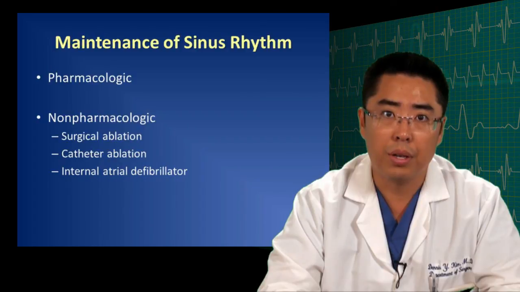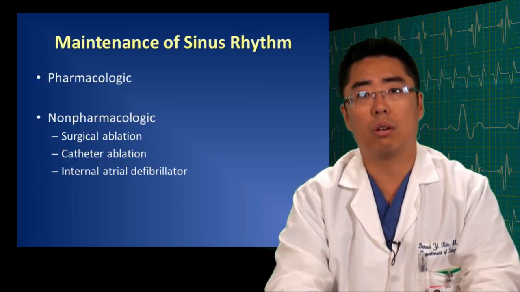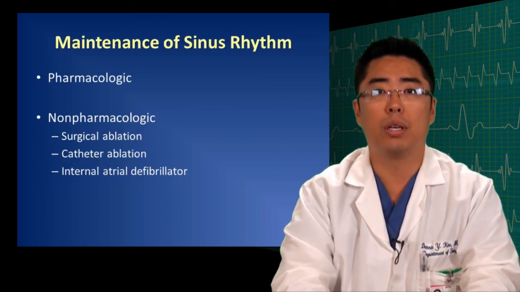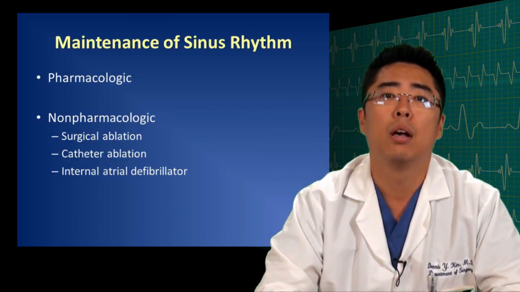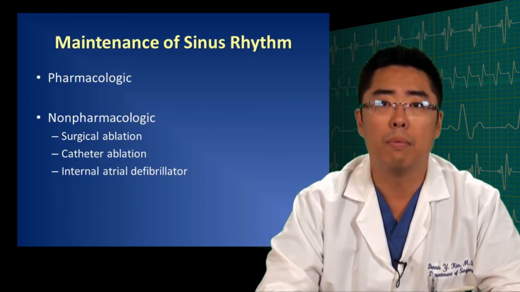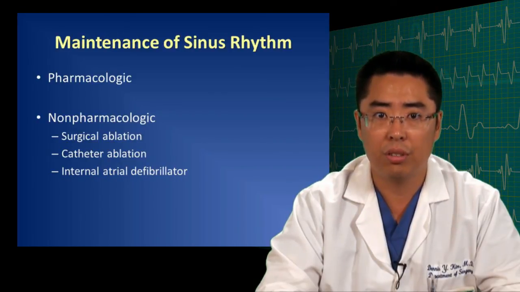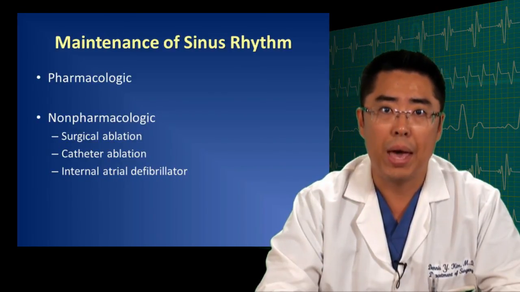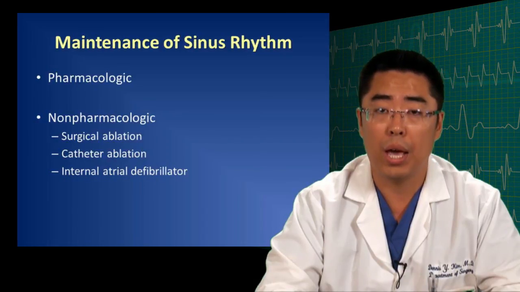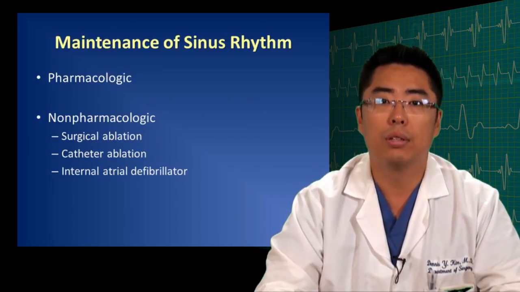Non-pharmacologic therapies include surgical ablation, more specifically the Maze procedure, which has undergone more than 3 iterations since being introduced in the 1980s. Other options also include catheter ablation of the macro pathways responsible for atrial fibrillation. This may or may not include also AV nodal ablation with pacemaker insertion, and newer modalities on the horizon include